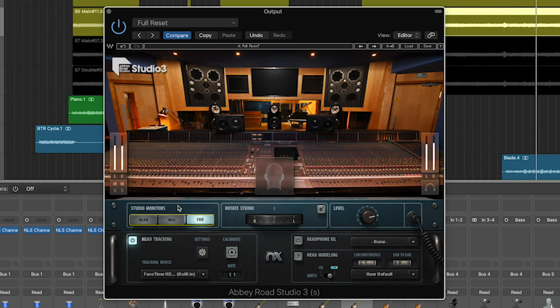Now I'm going to start turning my head. You can hear how that affects the sound field. We'll do the same thing with the mids.